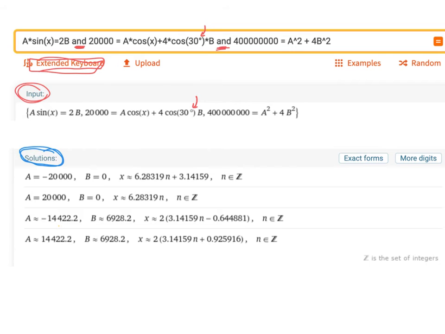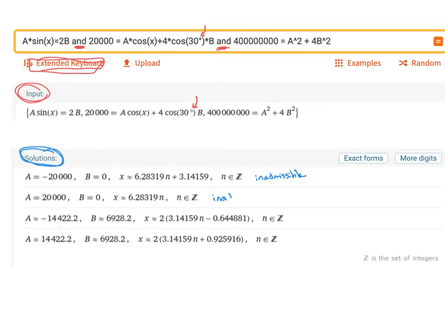So the first one is inadmissible. This is saying that A, which is the proton, just comes back at negative 20,000. So that was the starting velocity. Now it's saying it's coming straight back. Well, no, it's not going to come straight back. So that one doesn't make sense. It's inadmissible. The second one